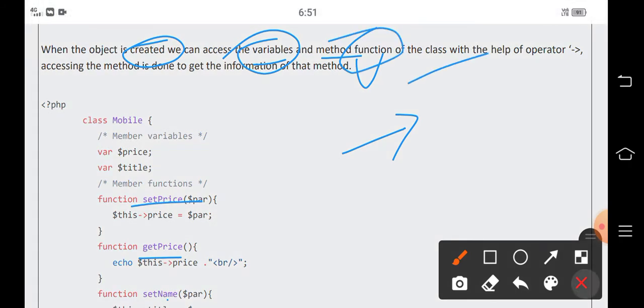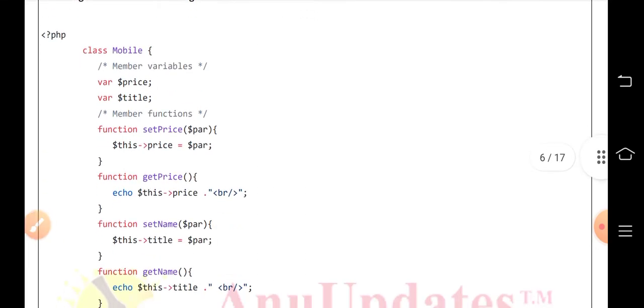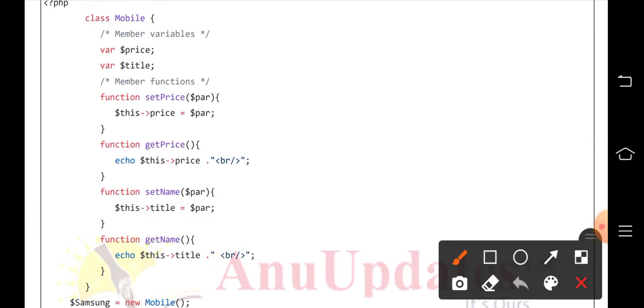Then we can call member functions, and you can understand by using this example. Here we have four functions, member functions. They are set price, get price, set name and get name. And here PAR is the parameter, which is the value the user has to pass to the function.